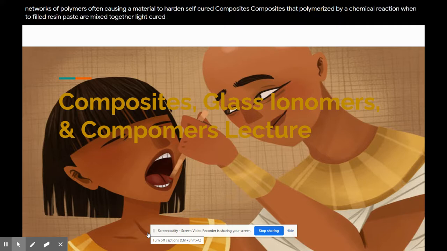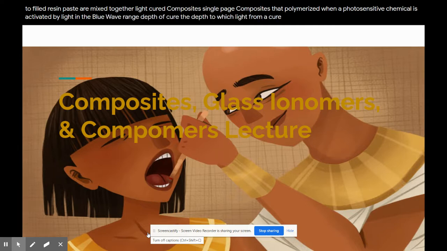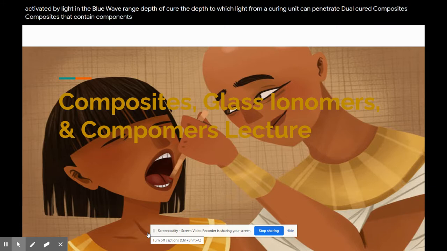Light-cured composites, single-paste composites that polymerize when a photosensitive chemical is activated by light in the blue wave range. Depth of cure, the depth to which light from a curing unit can penetrate and cure composite resin. Dual-cured composites, composites that contain components of light-activated and chemically activated materials. When the two parts are mixed together, it polymerizes by a chemical reaction that can be accelerated by blue light